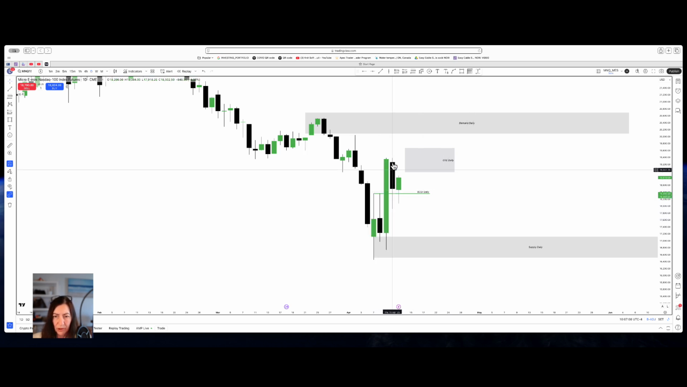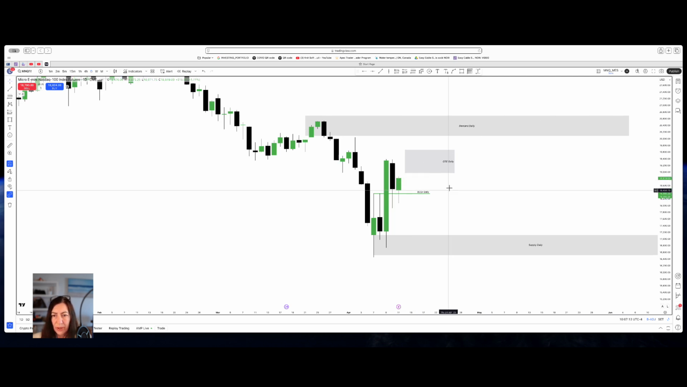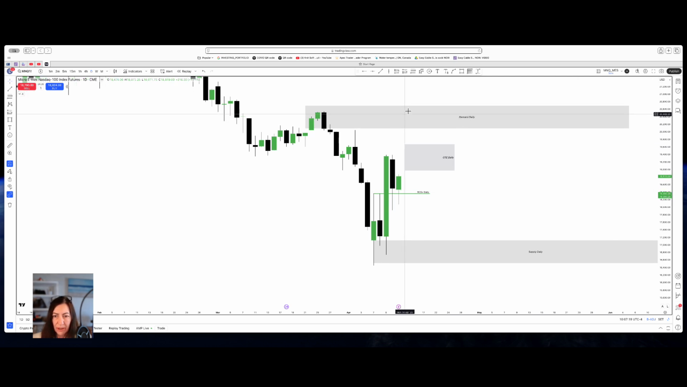So this is our break of structure to the upside. So points of interest would be this demand area up here, and then we have the supply area down here. And then in terms of imbalances,